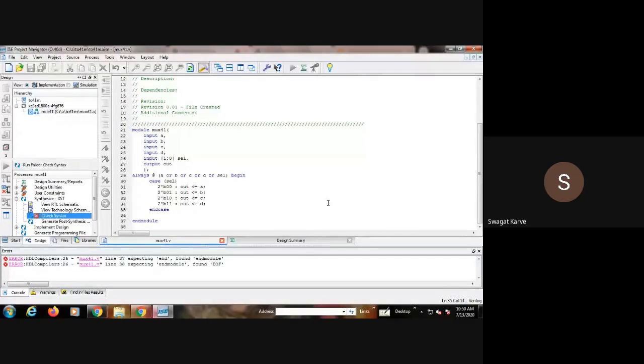So what errors is it showing? Line 37: expecting end, found end module. Here I should write end case, then end module. Then line 26.